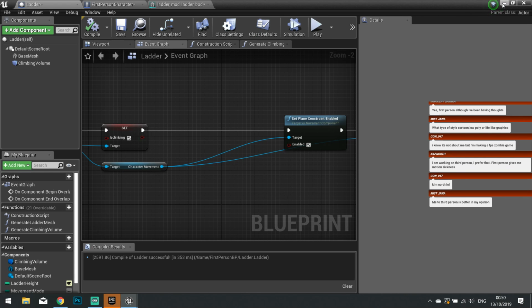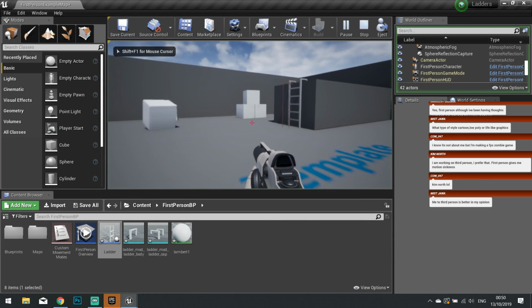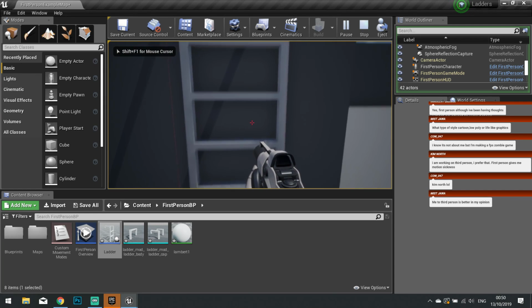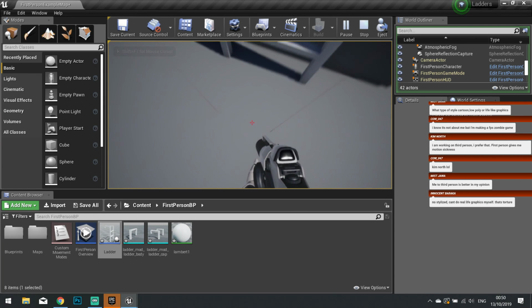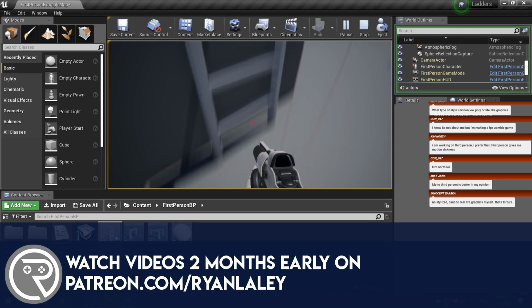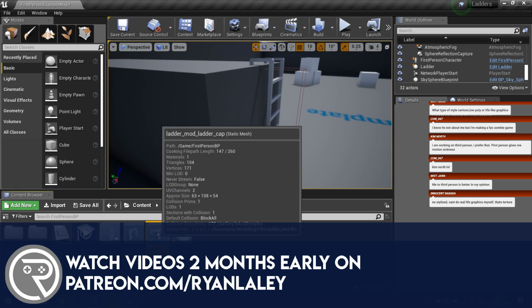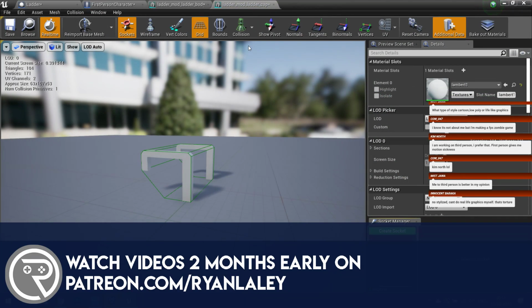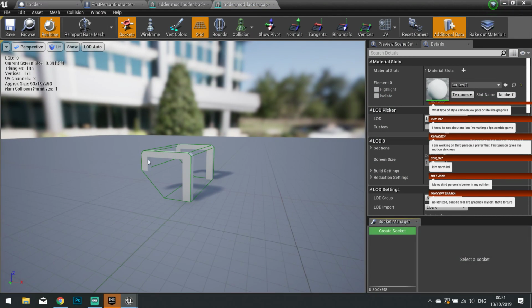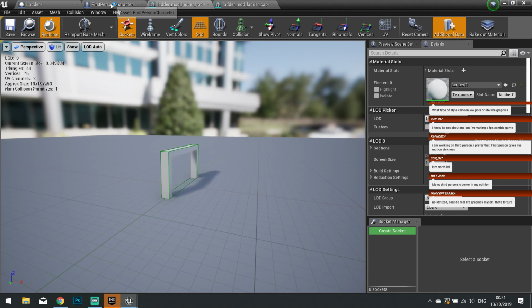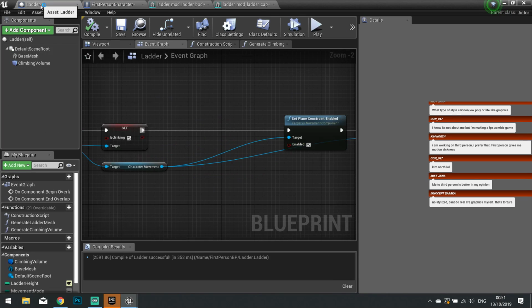I think I may have to just turn the physics off on the character so they can go up. Yeah, see, it's stopping me. Why the hell is it doing that? The collision box is going that way, so it shouldn't affect it. And that one's just a box, so no idea why that's being